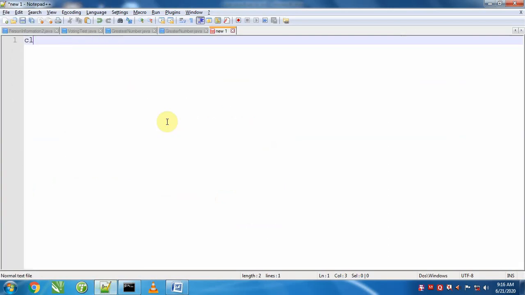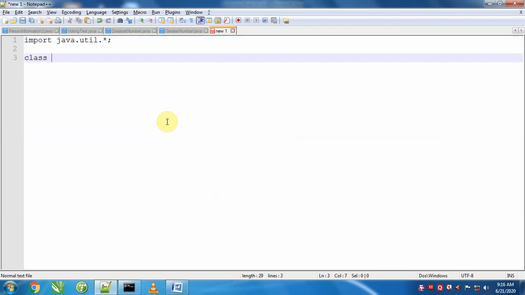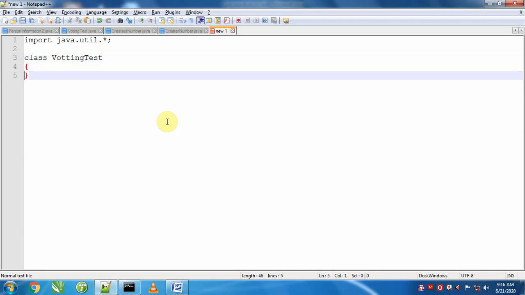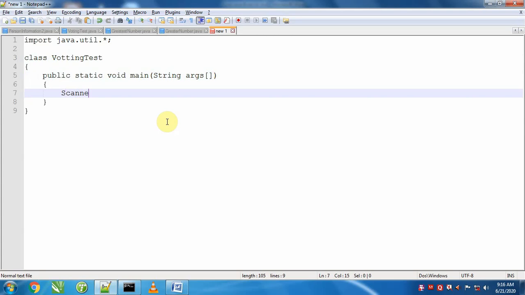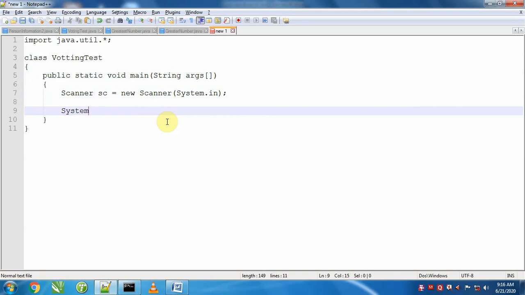First of all we will import the util package, and then we will take a class VotingTest, and here we will take the main method. We will make an object of the Scanner class. Now we will ask the user to enter the age of a person.